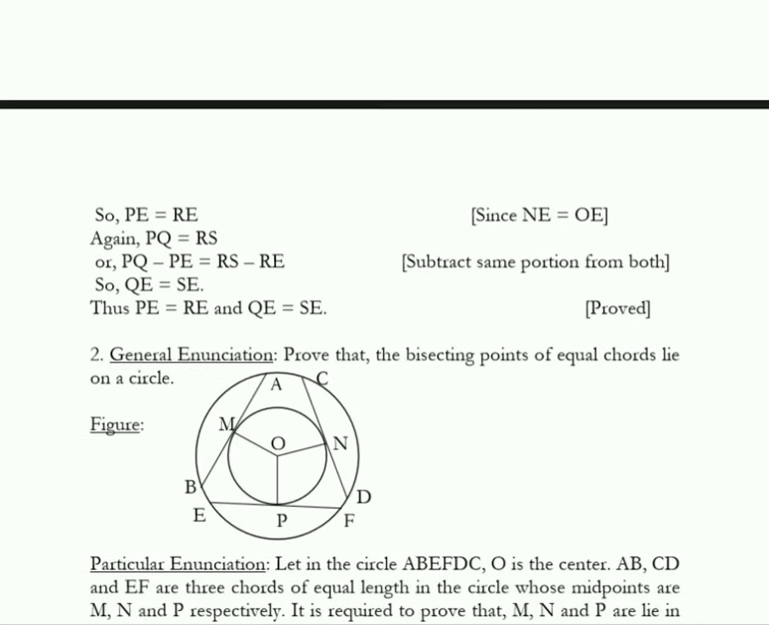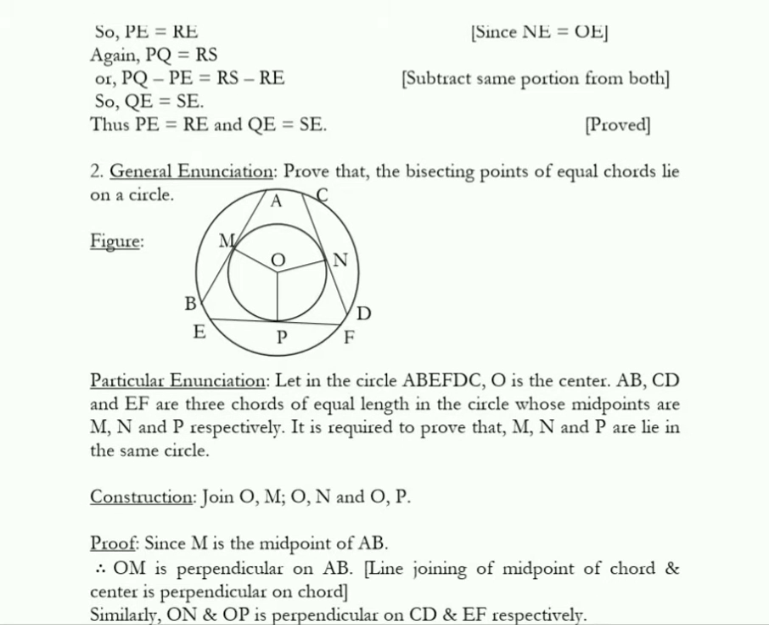Now in number 2, general enunciation is given. Prove that the bisecting points of equal chords lie on a circle. So equal chords যে bisect করে যে পয়েন্টগুলো, দ্যাট মিন্স মিড পয়েন্টগুলো, ইকুয়াল chords এর মিড পয়েন্টগুলো একটা সার্কেলের মধ্যে থাকে. তার মানে সেন্টার থেকে তাদের ডিস্টেন্সটা সেম। ওকে, so particular enunciation, let in the circle ABEFDC,